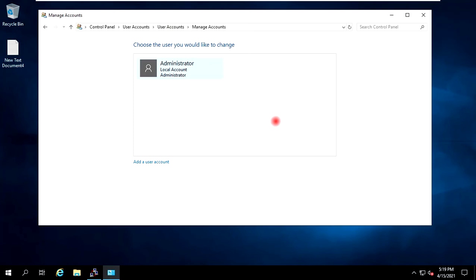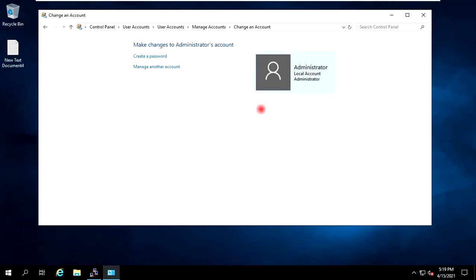Here you will find all the other user accounts and you can delete all those user accounts. In my system I have only the local administrator account, there is no user account, so nothing to do for me.